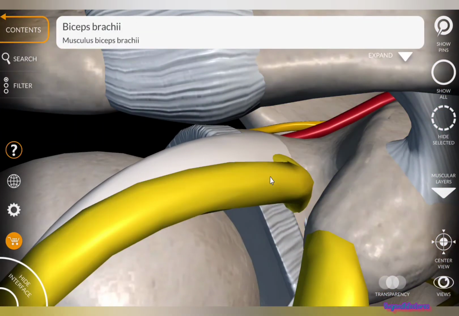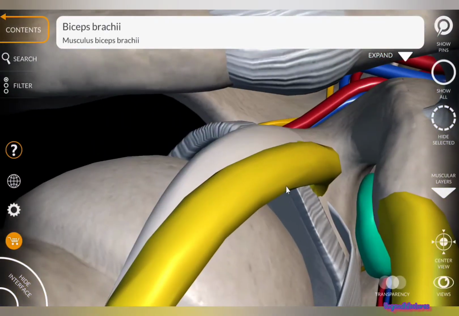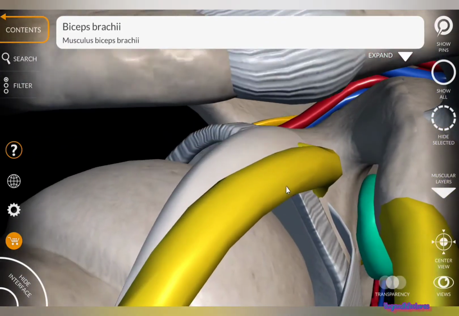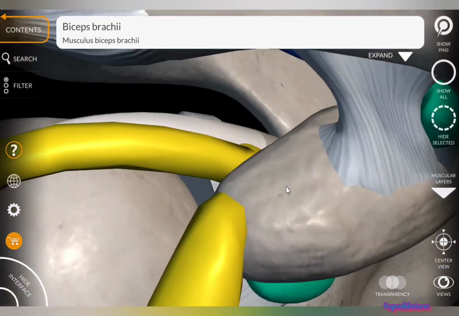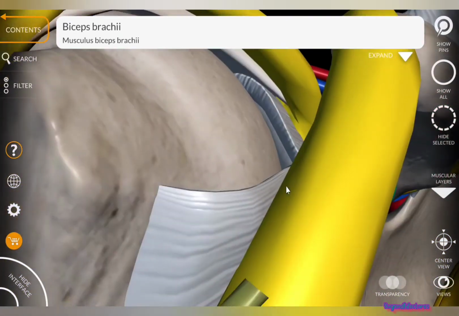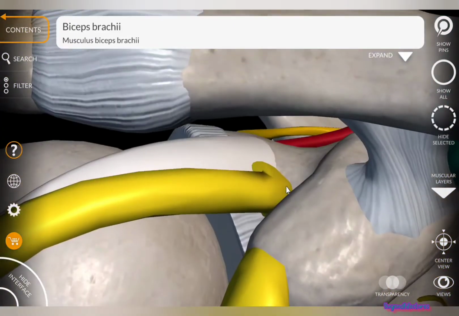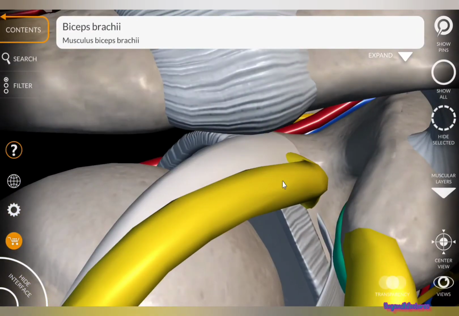So this is the tendon of long head of biceps brachii, that is the origin of long head of biceps brachii from the supraglenoid tubercle of the glenoid cavity. So this origin lies within the capsule, that is lies within the joint capsule, and hence the origin of long head of biceps brachii is called intracapsular. So both the short head and the long head origin of biceps brachii lies under the cover of deltoid muscle. So I am now going to remove both the muscles, that is the long head and short head.